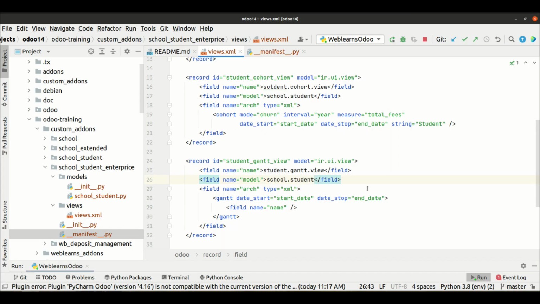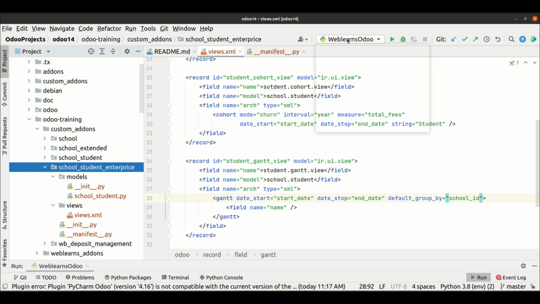For that, let me go to the editor. First thing is I will add a default group by option to display that specific field. So group default underscore group underscore by, and I will simply use school underscore ID, and try to upgrade this module from here.